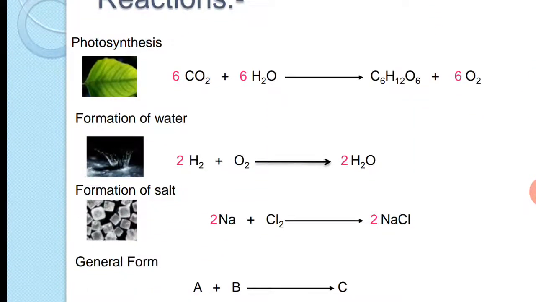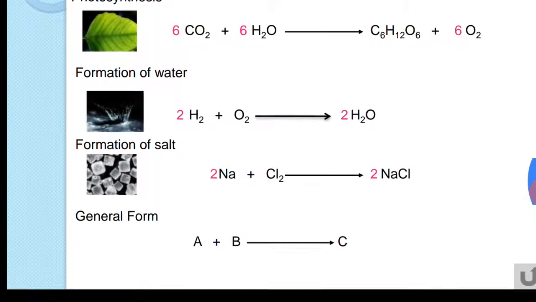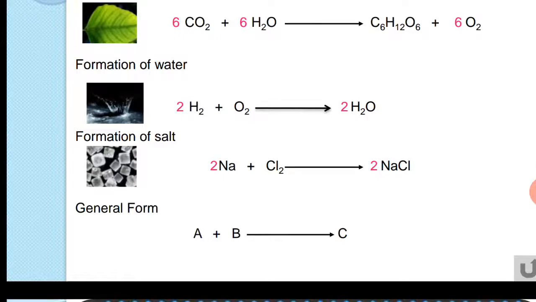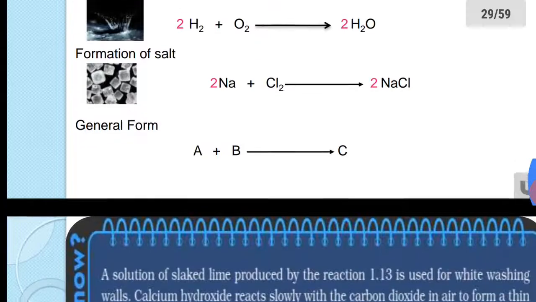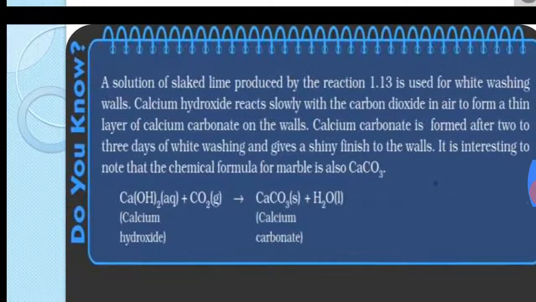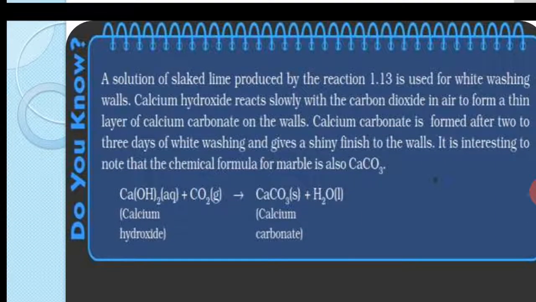Now I have told you how to synthesize. In photosynthesis, the synthesis process is done by sunlight and chlorophyll. For industrial purposes, water is prepared by combining hydrogen and oxygen. We write these synthesis processes over these arrows. Formation of salt is through electrolysis. There is a note, you can note it down.